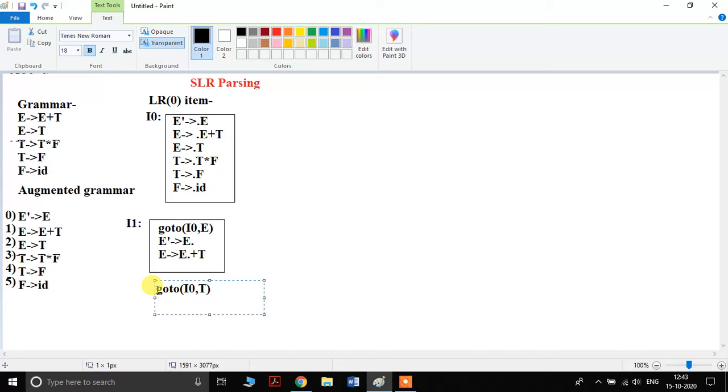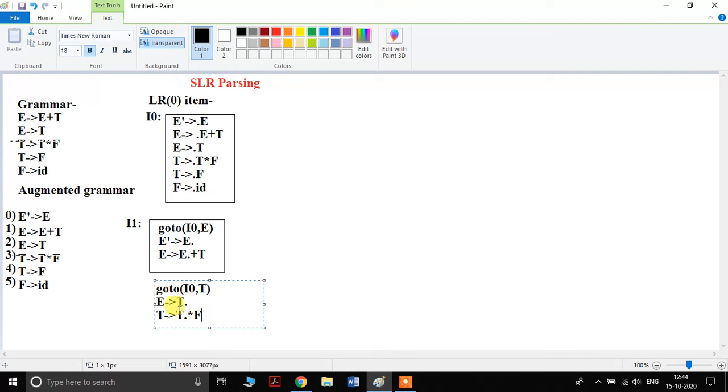In the goto operation, the dot moves to the next position, and if there is a possibility of closure, then we calculate closure. Here T dot moves one position right, so it becomes T produces T dot star F.